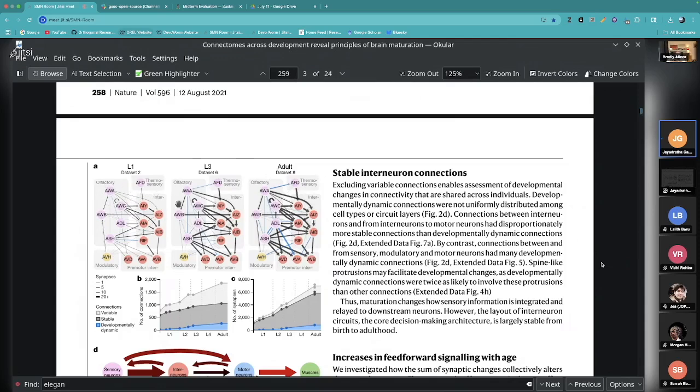This is how the connections are. I didn't read the paper completely, but what I understood is that the connections are also changing with time.